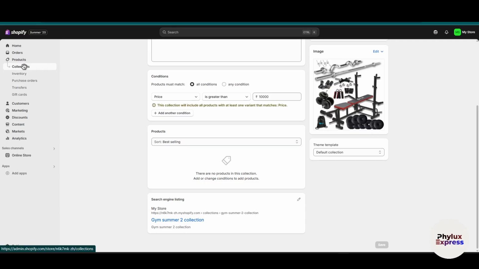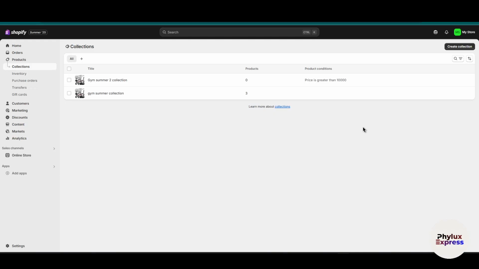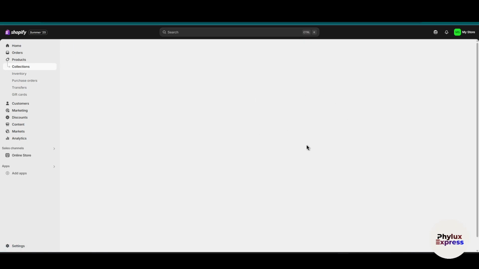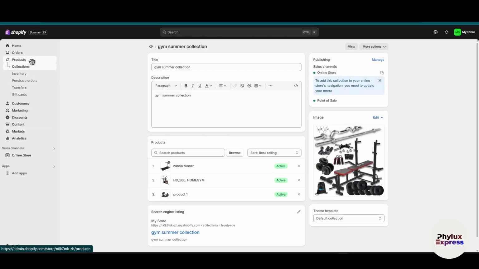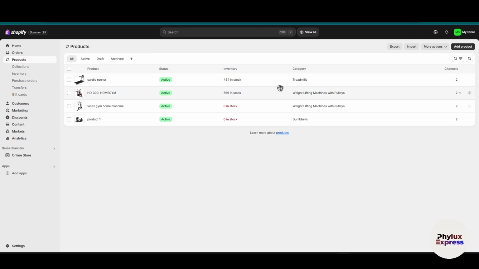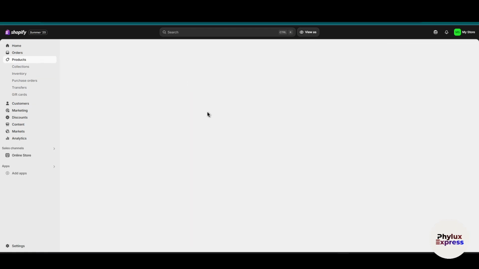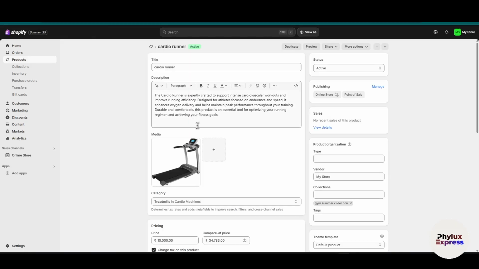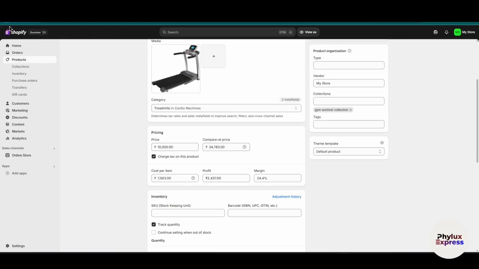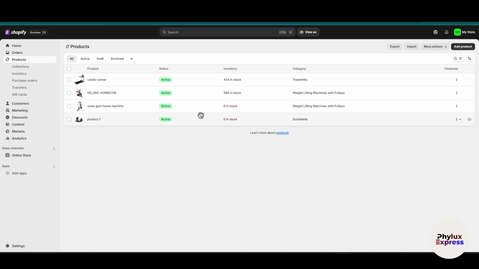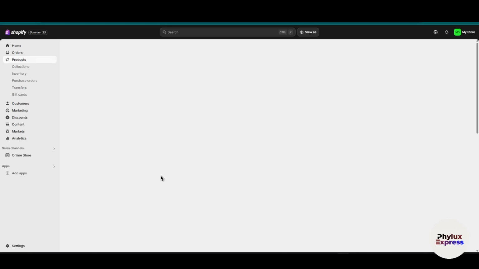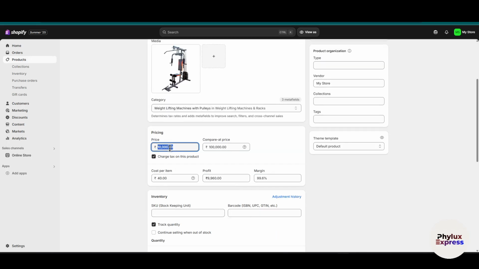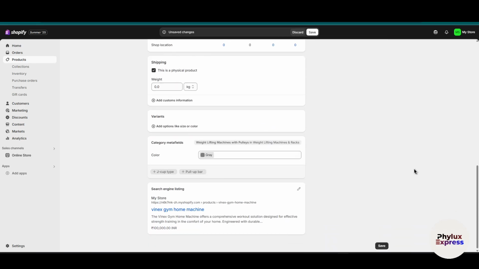So let's move back to our collection. As you can see here, the price is greater than 10,000. The product will automatically go into that. So right now, if you go into our product, maybe there is an issue because I have set the pricing of these products too low, because this is a 10,000 product. Okay, so what I'm going to do is just change the product pricing from here to 1 lakh. Okay, and then save it